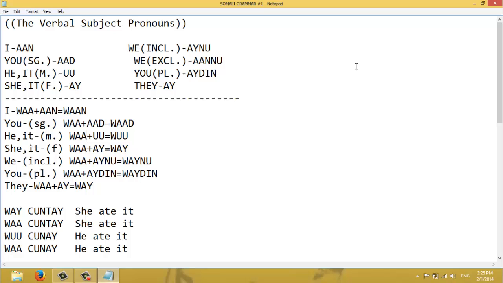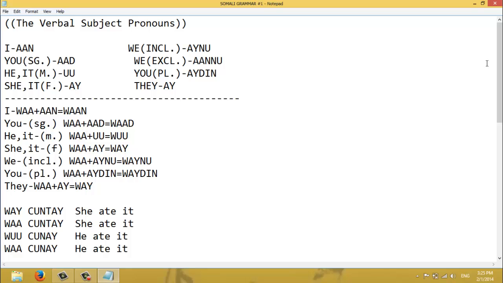But anyway, the verbal subject pronouns are very often used if there is no specific subject noun in the sentence. The verbal subject pronouns do not stand on their own in main clauses. You must use them in conjunction with a mood classifier or a focus marker. The forms of these pronouns are as follows. That was read from